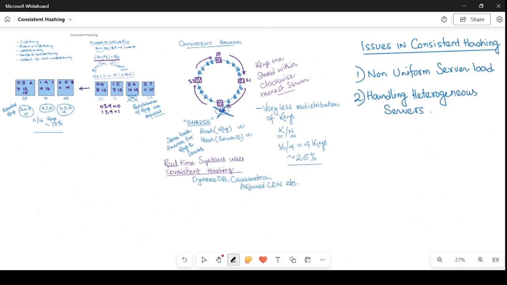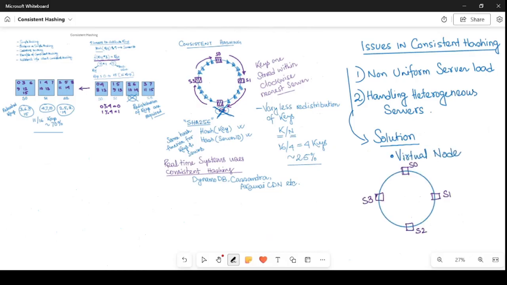And the next time when one server goes down, it can happen that the server which is getting double load has fewer resources compared to other servers which have fewer keys, though they have higher resources than the overloaded server. In order to solve all these issues in consistent hashing, we have a solution known as